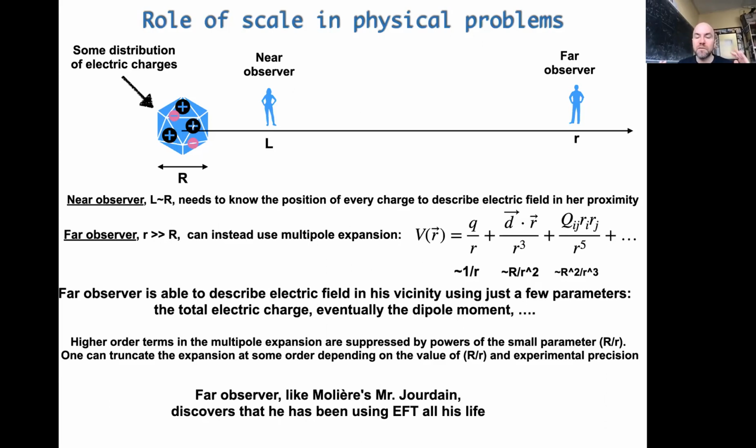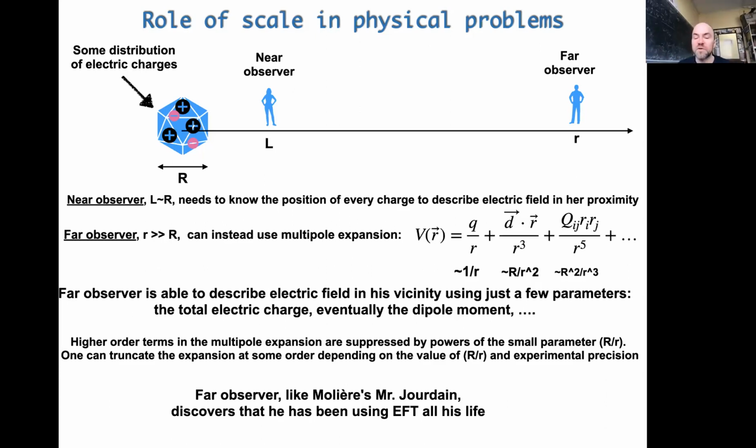So the important point is that for the far observer, even if there are millions of charges in this little area, you can just use a few parameters like the total charge and the dipole moment and so on to describe in a completely satisfactory way the electric field in his vicinity. So this far observer could be an engineer. He knows nothing about effective field theories. But like this guy from Moliere, he actually discovers that he has been using effective field theory all his life. And that's one important point of these lectures, that effective field theory is something that is very natural, that it comes